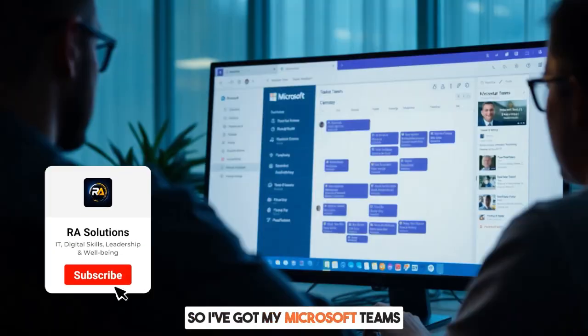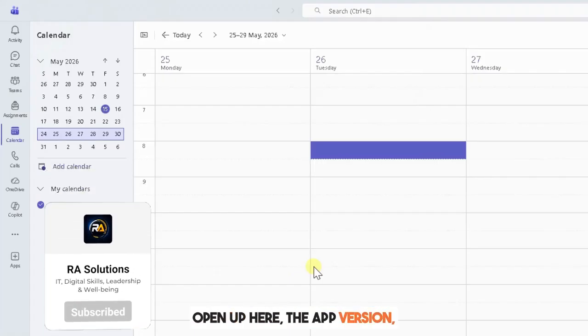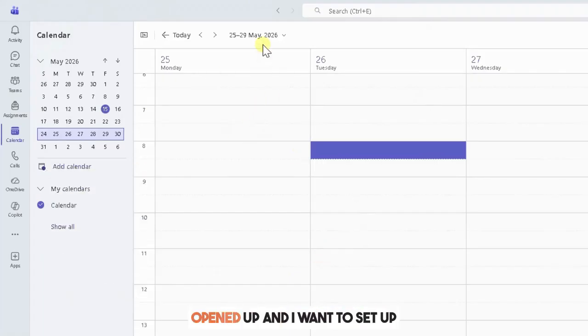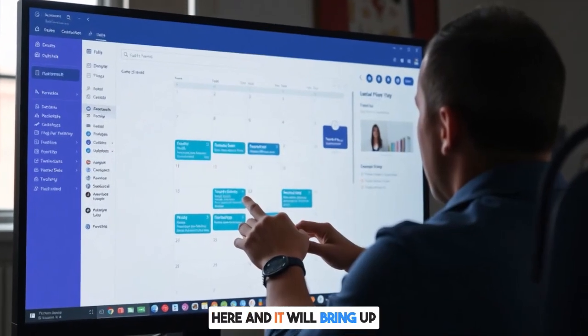So I've got my Microsoft Teams open up here, the app version. I've got the calendar view opened up, and I want to set up a meeting for the 26th of May. So what you simply do is highlight where you want the meeting to occur. This is the way I do this, but there are different ways to set up meetings in Teams. So I'm going to set this up for 8 o'clock, double click here, and it will bring up this pop-up